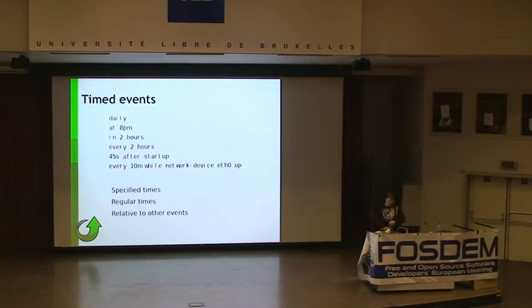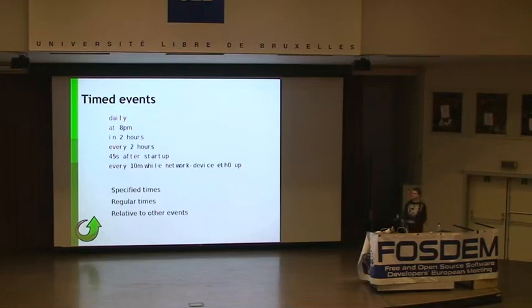So, they're timed events. There's a daily, hourly, weekly, monthly kind of event that Upstart will generate. So you would be able to have something run daily. Just an Upstart job would say daily, script, whatever. You can have specific time events. The syntax for that isn't quite worked out yet, but you can, for example, say at 8 p.m. If you want something run daily at 8 p.m., you just say that. You've got at-like behavior as well, the in 2 hours kind of behavior. I want this to run in 2 hours' time. Every 2 hours, step-like behavior, repeat behavior.